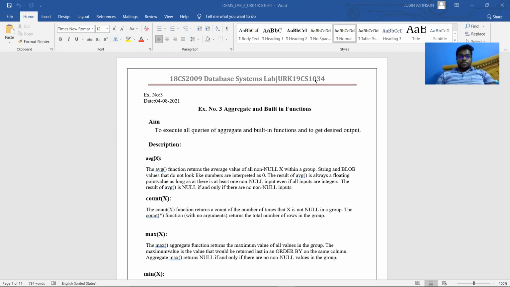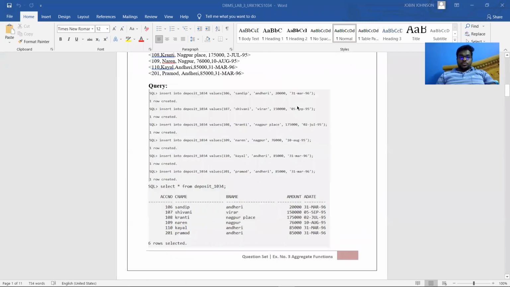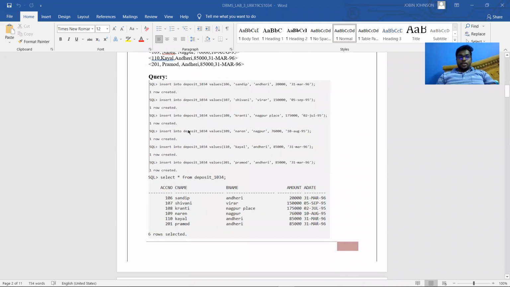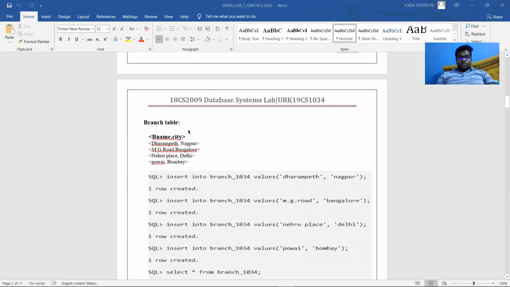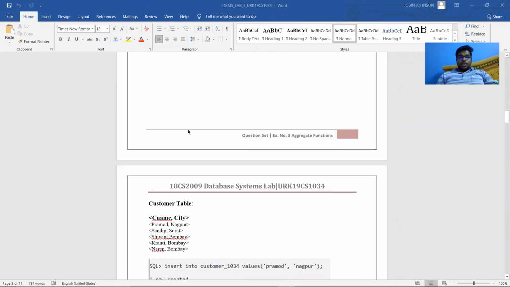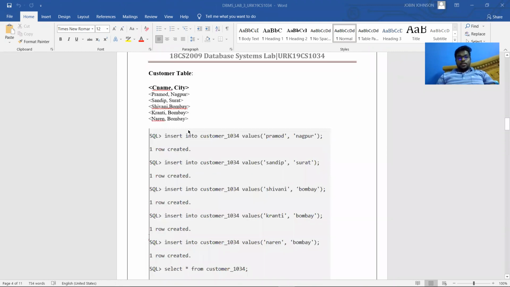Our third experiment is to execute all queries of aggregate and built-in functions and get the desired output. Our first question was to make a deposit table having columns account number, C name, B name, amount and date. Next was creating a branch table having B name and city as column names, and a customer table having